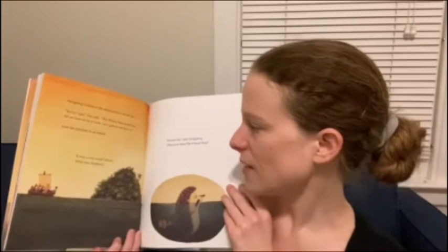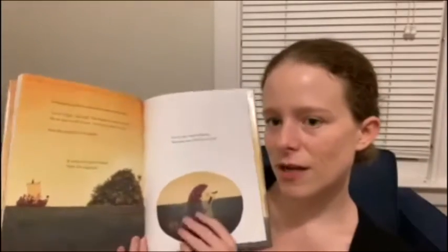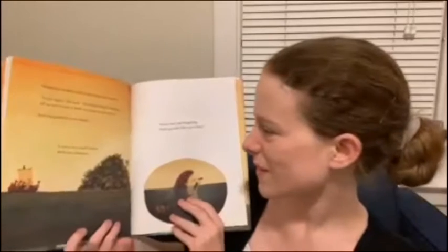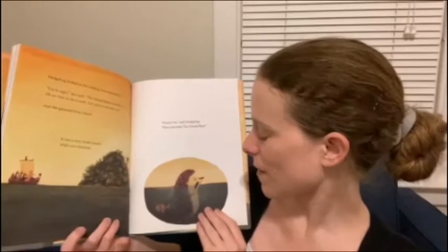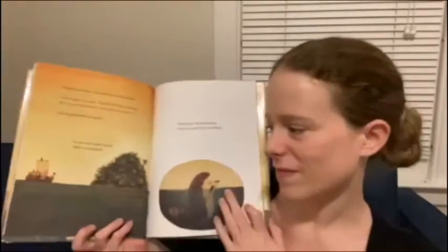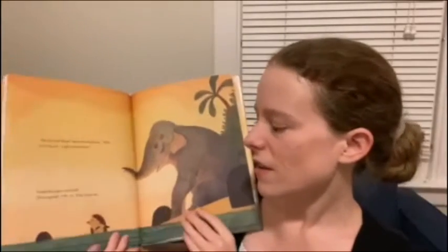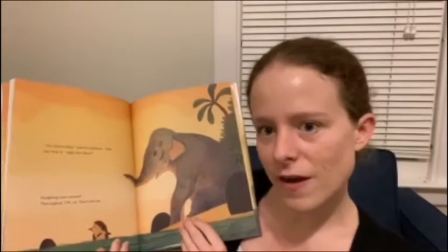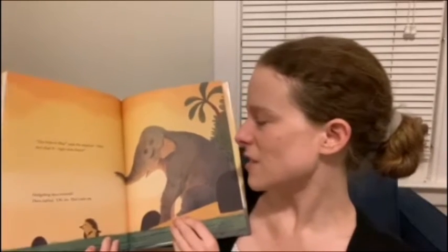And she pointed to an island. It was a very small island with one elephant. It's hiding right here. You see? "Excuse me," said Hedgehog. "Have you seen the Friendship?" Look, she's swimming with the fish. And hedgehogs can actually swim in the wild. It's pretty interesting. "The Friendship," said the elephant. "Well, isn't that it? Right over there?" Hedgehog spun around, then sighed. "Oh no, that's just my..."